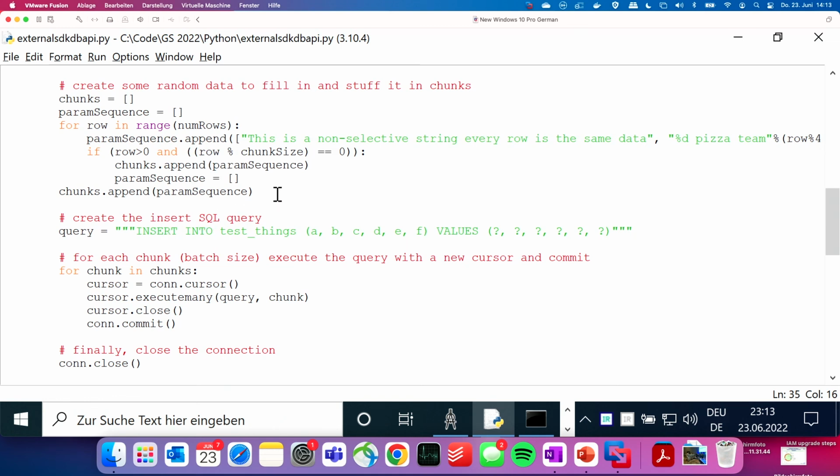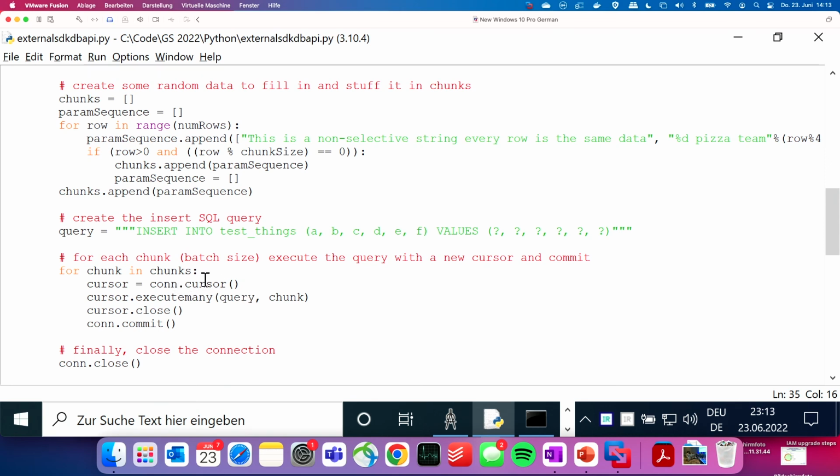Populating, in this case, the code seems a little bit difficult, but actually it's not. This piece here is basically just creating some random data, so we don't really have to take a look at this one. We're just creating an insert statement, building chunks. That's something you can skip if you don't want to work in batches, but I wanted to show how you deal with chunks. In this example, it's also online, you can take a look at it.